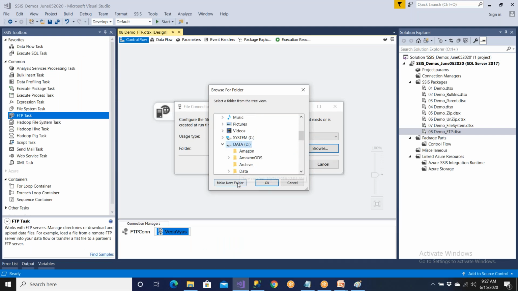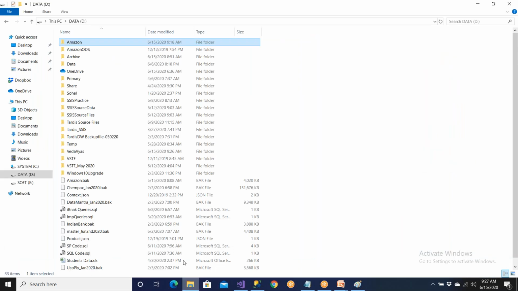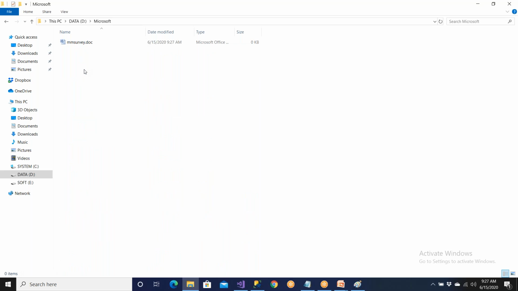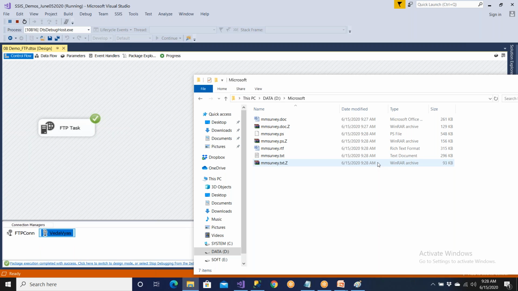I'll create a new folder here. Okay, make a new folder. So say Microsoft. Now save and start. You go to Microsoft. Now see, you can see one by one files you're able to get it. Clear? So if the file size is more, it may be a 10 GB file, a 20 GB file, it